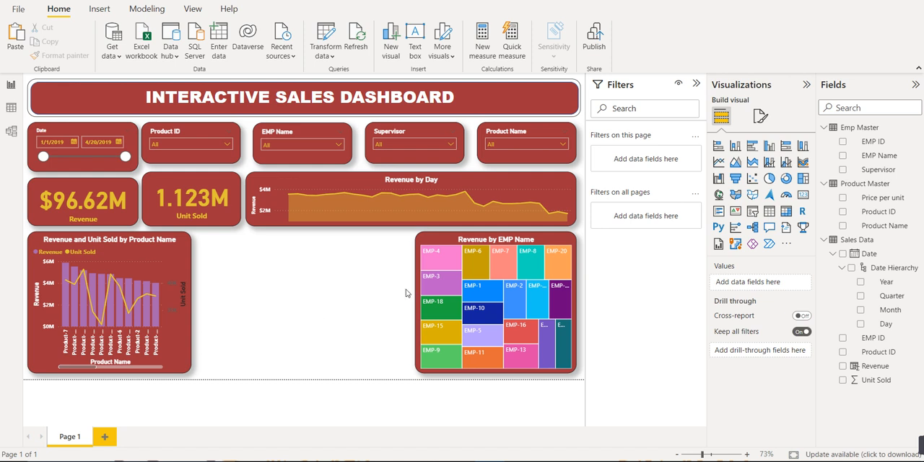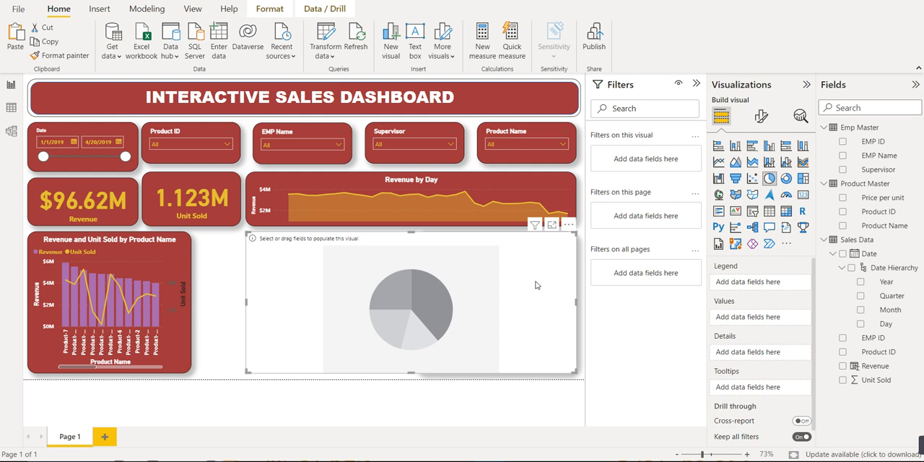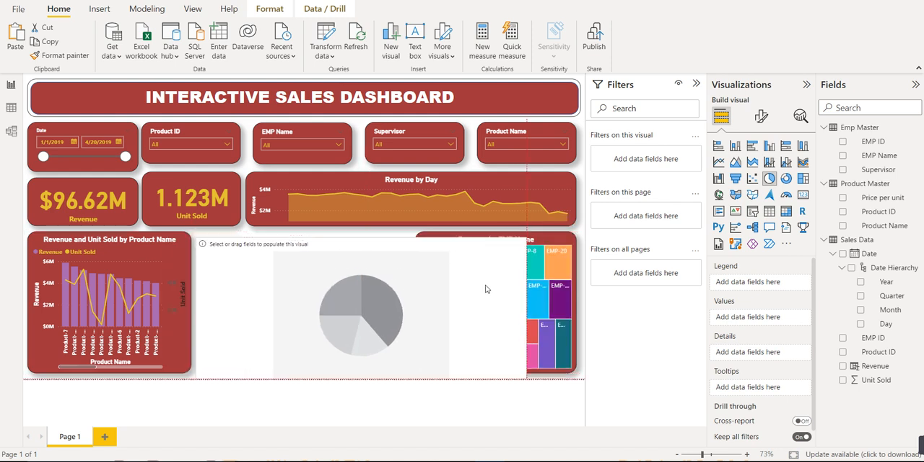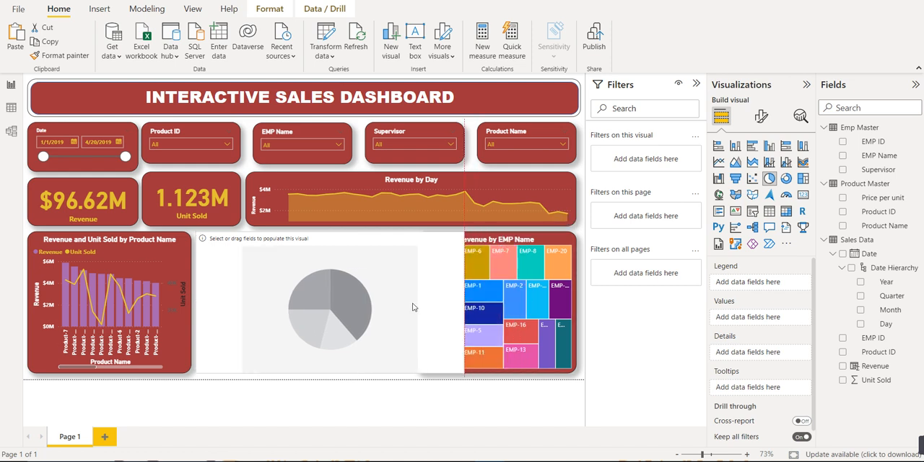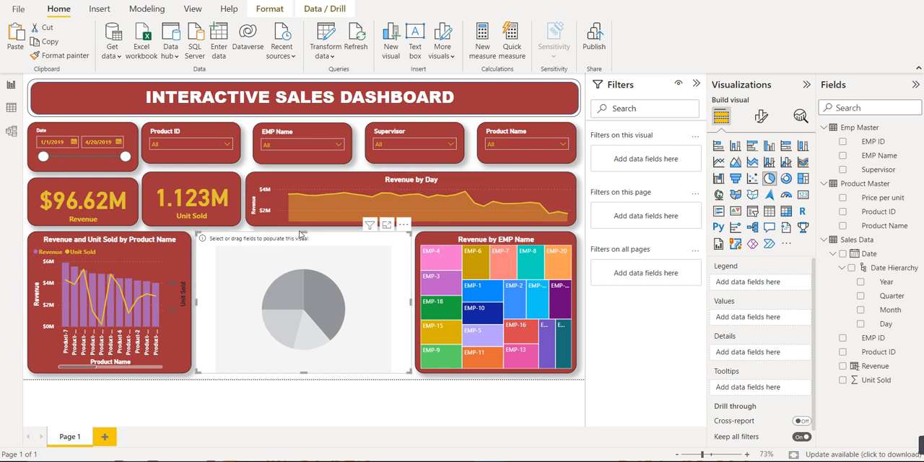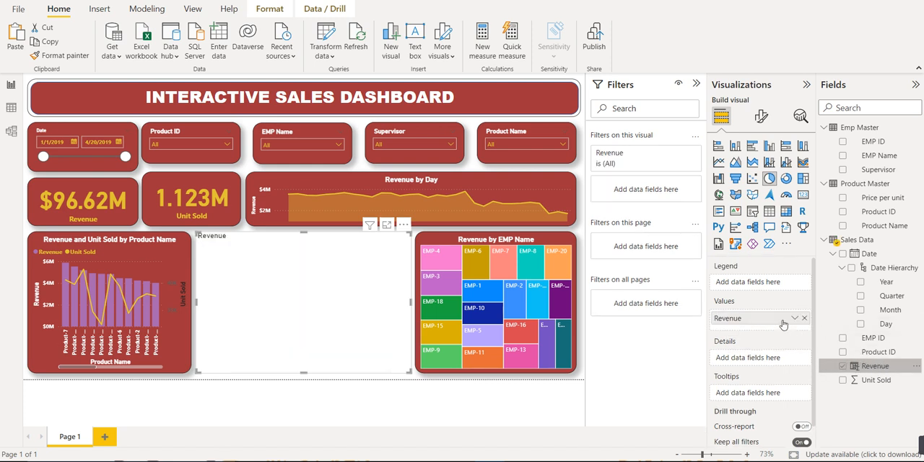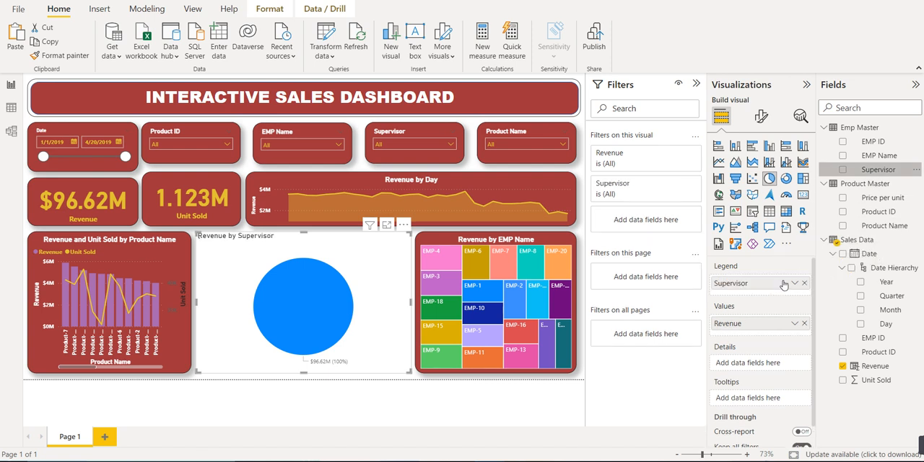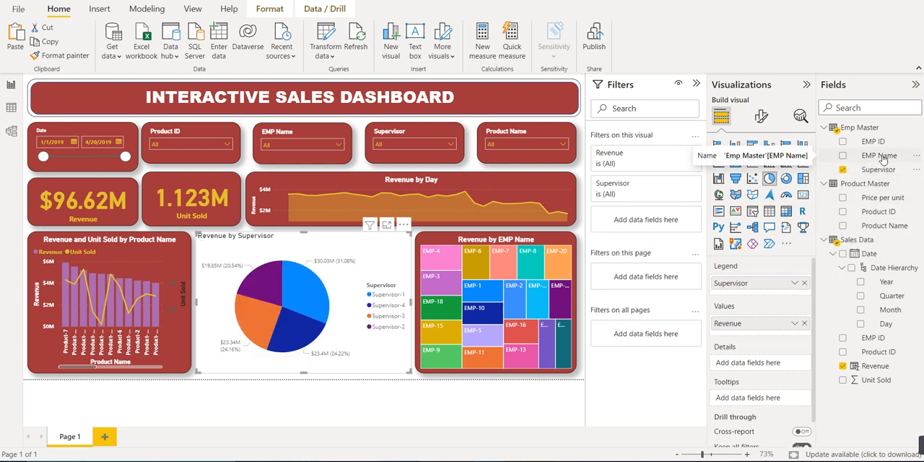One more thing which we can create here is a pie chart. So yeah, pie chart, let's say. After creating a pie chart, we have to define the things. Okay, so the first thing is on which basis we are going to create a pie chart. So our pie chart values will be revenue by supervisor, and the legend will be employee name,